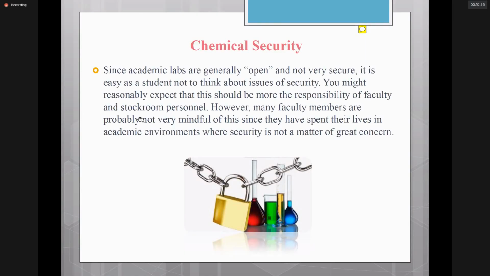However, many faculty members are probably not very mindful of this since they have spent their lives in an academic environment where security is not a matter of great concern. فليس كل الأشخاص العاملين in this academic lab عندهم الوعي الكافي بالsecurity of the lab، إنه يكون الكيميكال والبيولوجيكال ماتيريال فقط يتم الأكسس لها بواسطة professional personnel. The stockroom personnel are responsible for that. وأيضا إحنا لدينا هذه المسؤولية أن نكون واعيين في